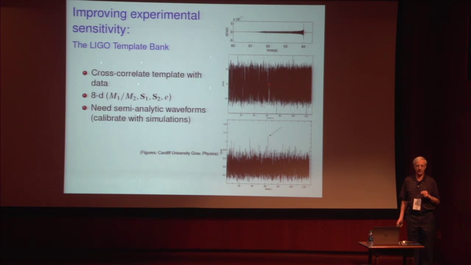Okay, now how do we improve experimental sensitivity? Well, let me remind you how LIGO actually will detect these signals. And the idea is to use what's called matched filtering. So imagine up at top we have the result of some computer simulation or some analytic prediction for a particular gravitational waveform. In the second panel, I've buried that gravitational wave signal as that tiny little red thing in a huge amount of noise. And you might think that it's impossible to detect that signal buried in so much noise. But in fact, because we have a prediction, because we know the shape of the needle we're looking for in